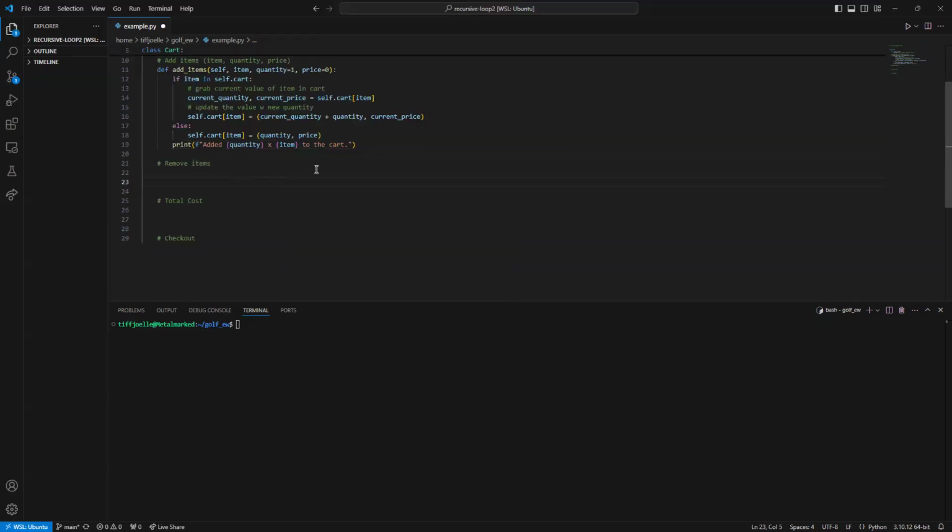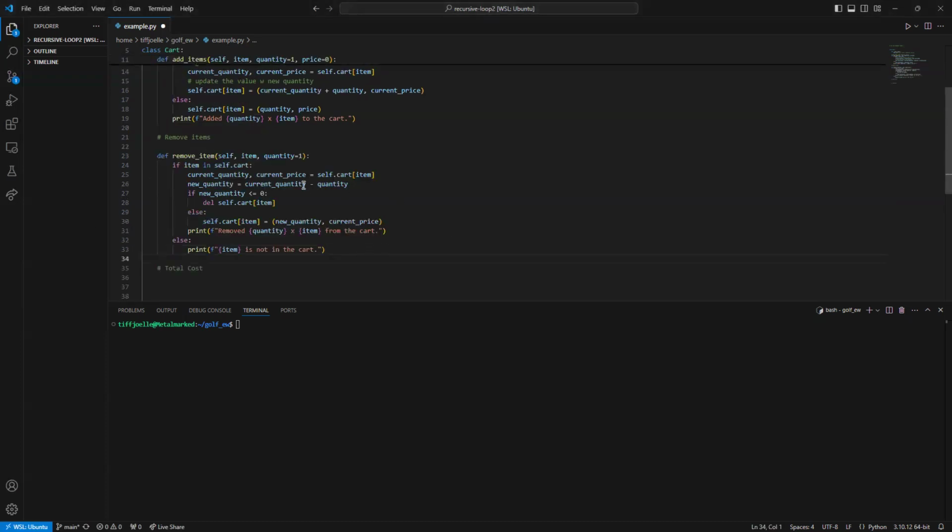We're going to have our remove items, and to save time I actually prepared these earlier, so I'm going to get one here. Remove items is kind of the same thing. We are looking through each item in the dictionary and breaking apart that tuple into something we can work with. We're subtracting the quantity, and if it's less than or equal to 0, we want to actually remove that key from the dictionary completely. So that's what we're doing here in the delete. Otherwise, if it's not in there,